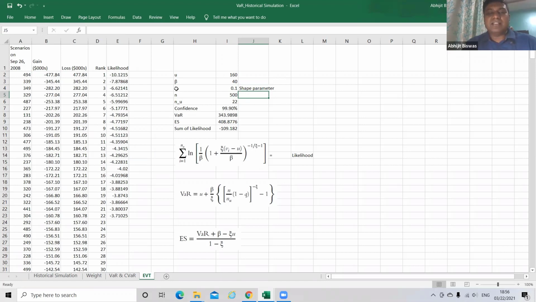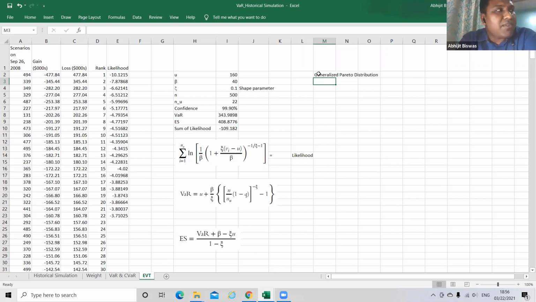When this xi is equal to 0, then we say that the distribution is normal. But in general, we do not find it to be 0, so it is not normal, correct? That means we'll have to apply extreme value theory, or the distribution name is generalized Pareto distribution.